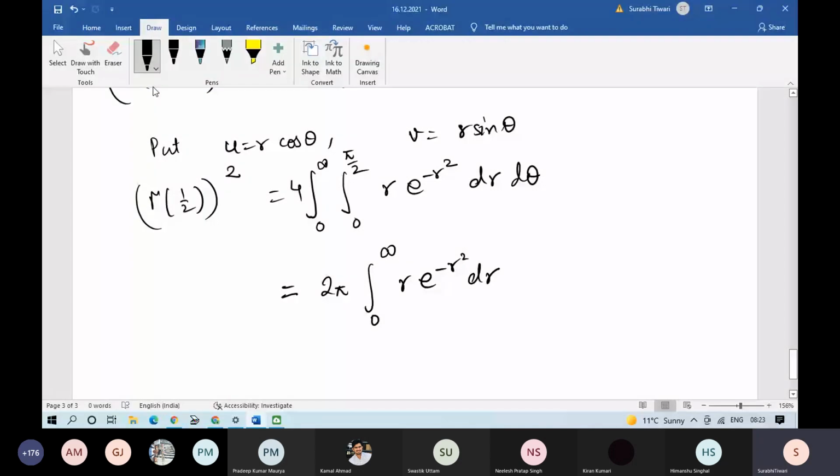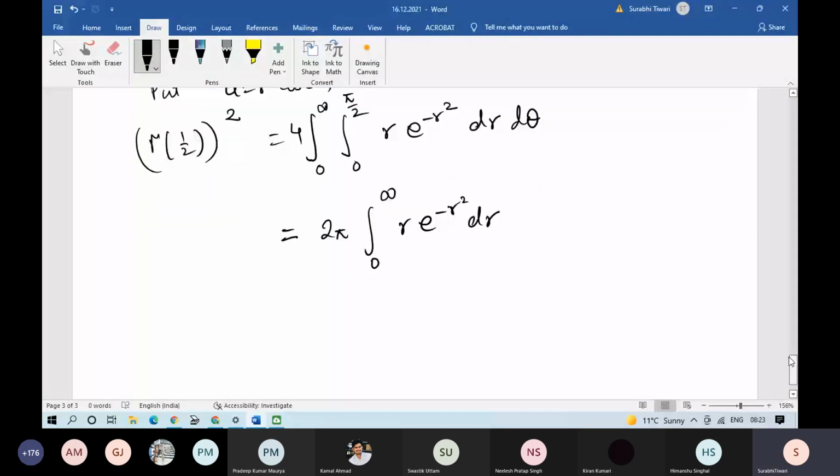नाउ r के रिस्पेक्ट में इंटीग्रेट कर लो, so this will equal to minus pi e raised to the power of minus r square and put the limits from 0 to infinity, so this is equal to pi, infinity पे 0 and 0 पे 1। So gamma half का whole square is equal to pi, so this implies gamma half is equal to under root of pi।